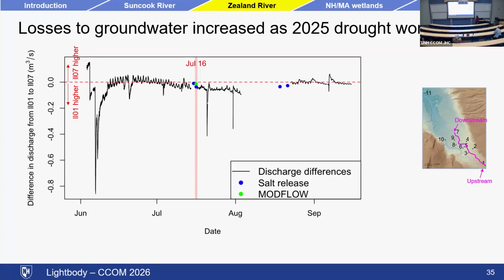And then the black line here is showing the measured difference in discharge between the upstream and downstream locations. And in general, we're getting negative numbers during the drought, indicating that the channel was losing water and that it was losing more and more as the summer drought kept going. So the fact that we have multiple channels is spurring groundwater flow through this area. It is increasing